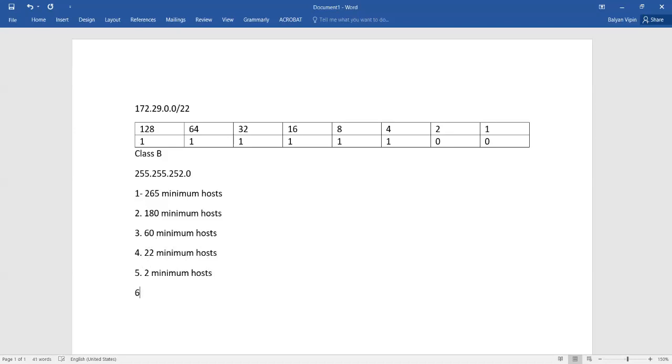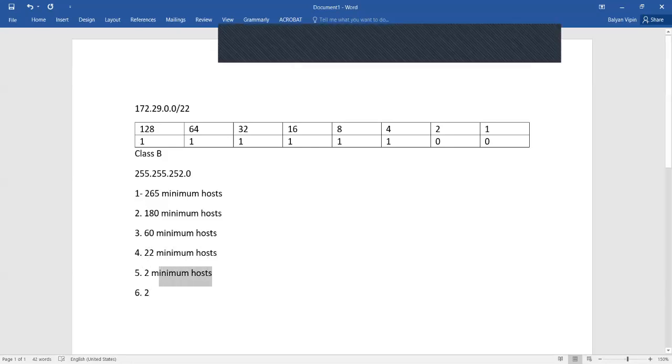The sixth one also needs 2 minimum hosts, and the seventh one also needs 2 minimum hosts. So what kind of subnetting will be used for this?